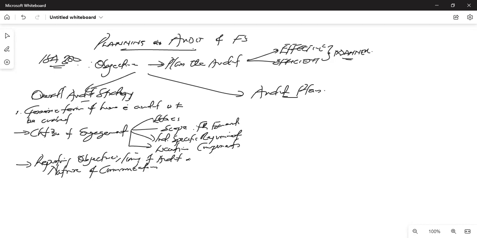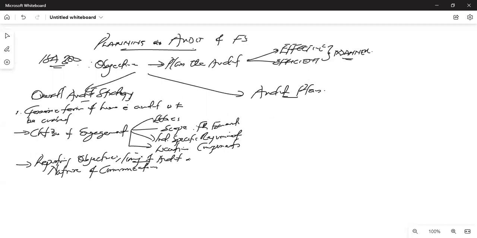In terms of the timing of the audit, we know that there are interim and final audits. Sometimes people think that audits actually start when the year has ended, but there are interim audits where the external auditor can come to the ground somewhere in October, November to do an interim audit, before the February one that they normally come to your offices to do, okay?